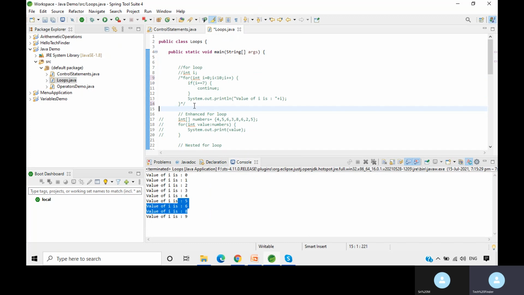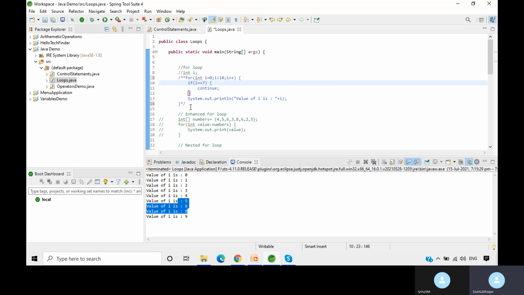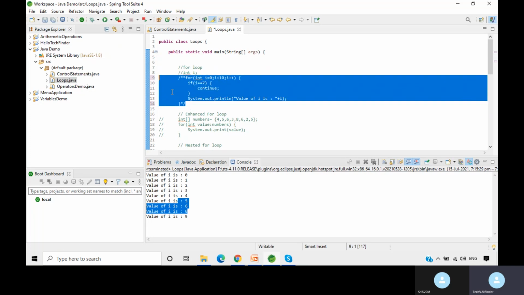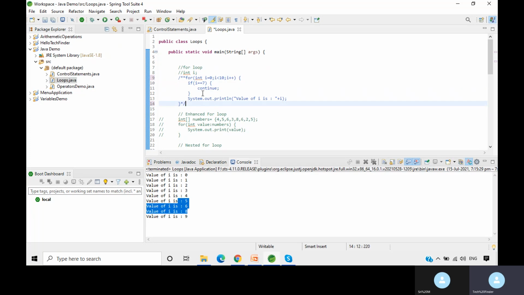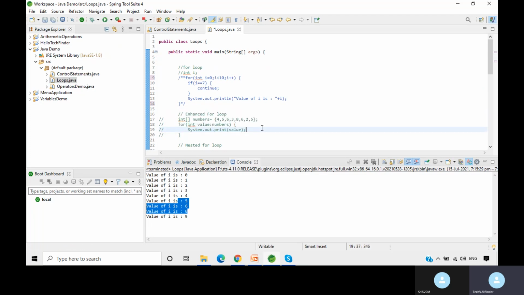This is the way to do multi-line comments. For documentation comments, we will use slash double star. That is the difference. If you use documentation comments, the color changes to blue. By seeing this itself, we can say this is the documentation comment and this is the normal comment, single line or multi-line comments.